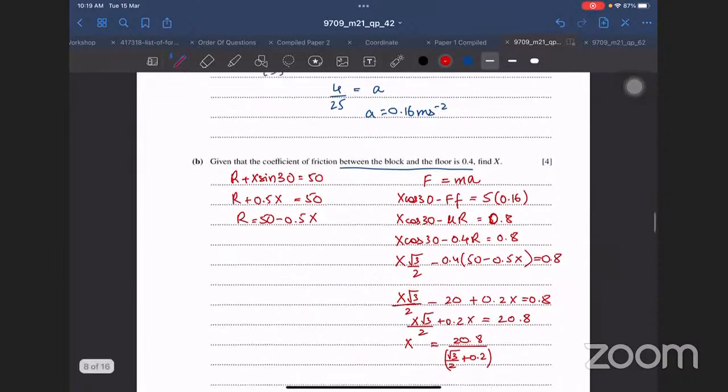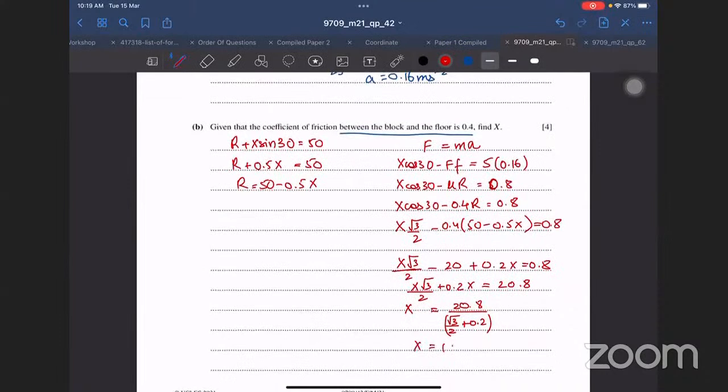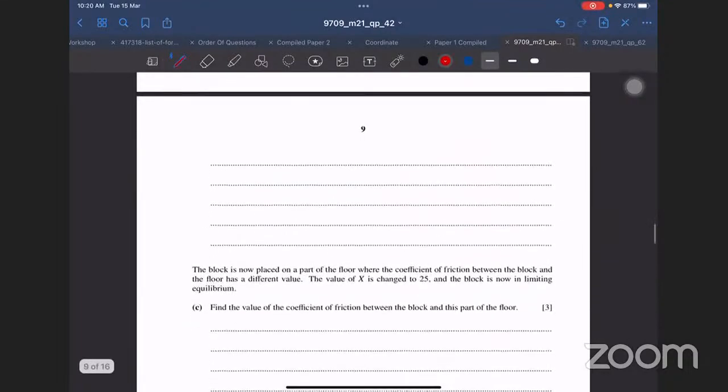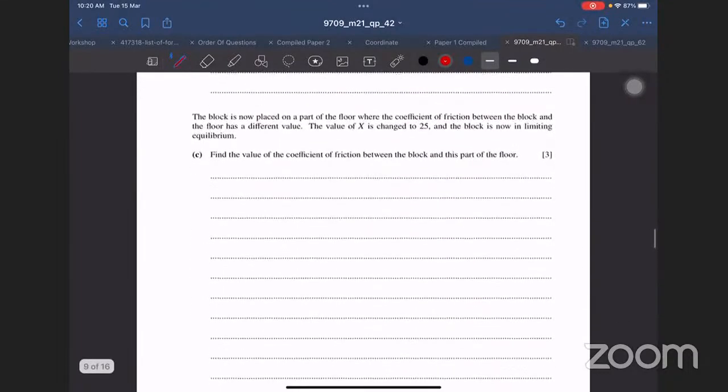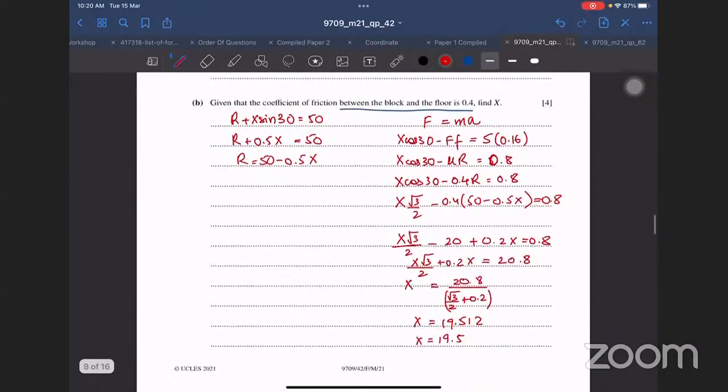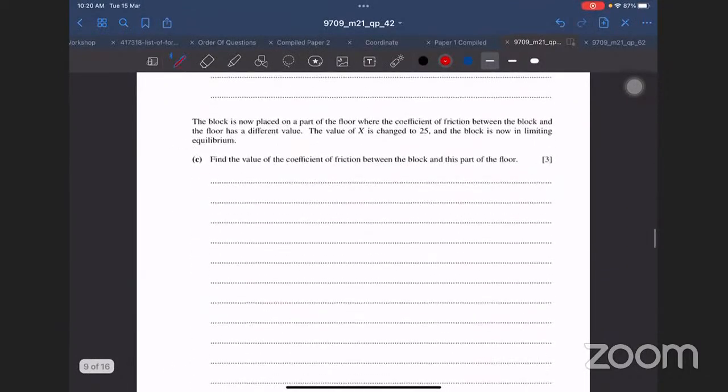And I get x as 19.512, so 19.5 newtons. Find x, so 19.5. Okay, then this entire question says that the block is now placed